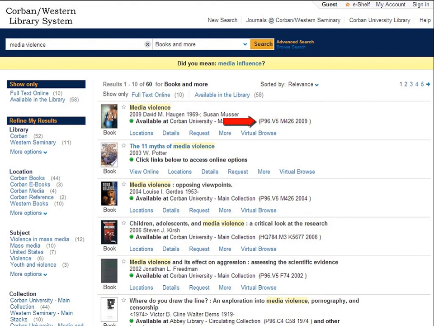Just looking through these titles briefly, you will notice a little bit of consistency in them. For example, you have a handful of books in the HQ 784 section, and another handful in P94 through P96. You will likely be going to those areas to pick up these books.